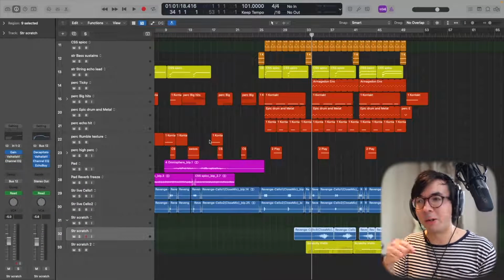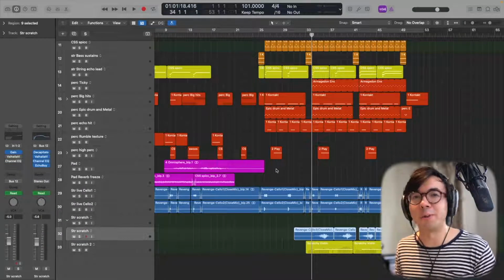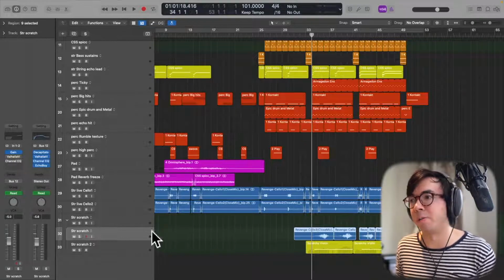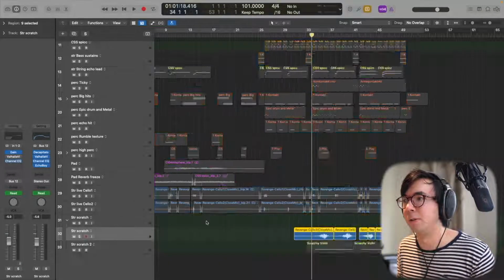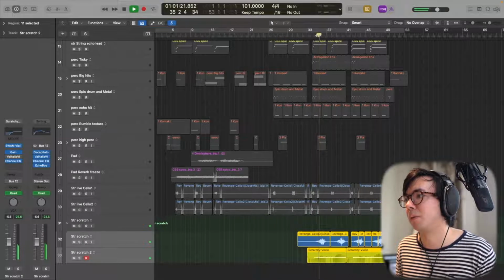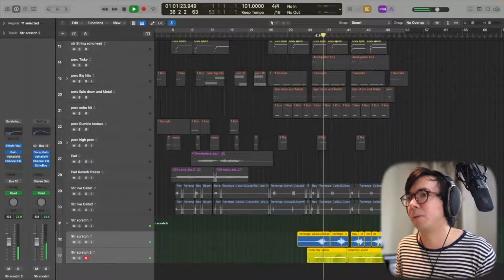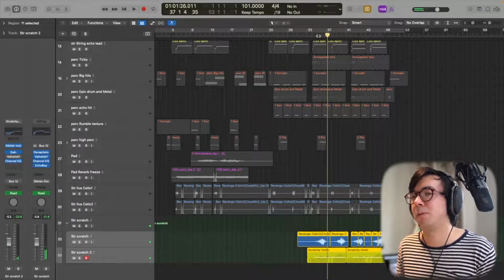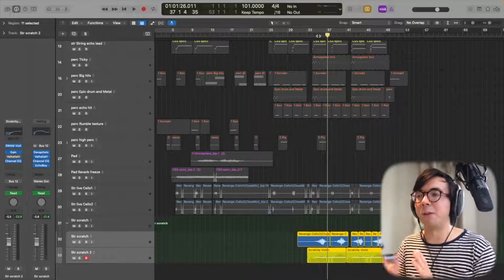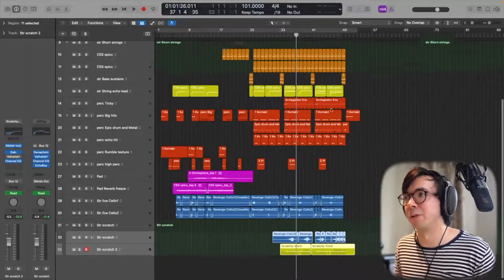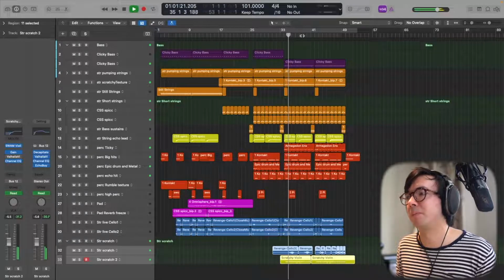And finally we have this scratchy rhythmic element provided by a live cello and also the SWAM violin. Let's just have a listen to that. You get some nice divergence there in the pitch, just creates some extra richness. And in context,